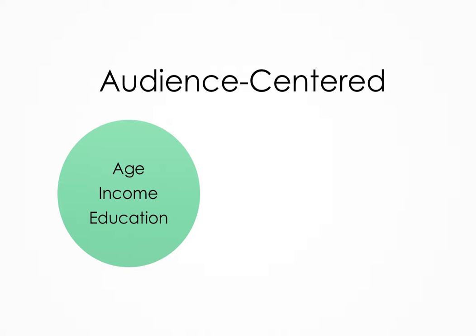So how do you analyze your audience? There's a couple ways. The first way that you can analyze them is demographically. So if you've taken sociology or marketing or any number of courses, you've probably heard the term demographics. And all that relates to is characteristics that are measurable, quantifiable. They have the characteristic of having a label. And so things like your age, your income, your education, all of those are demographic information.